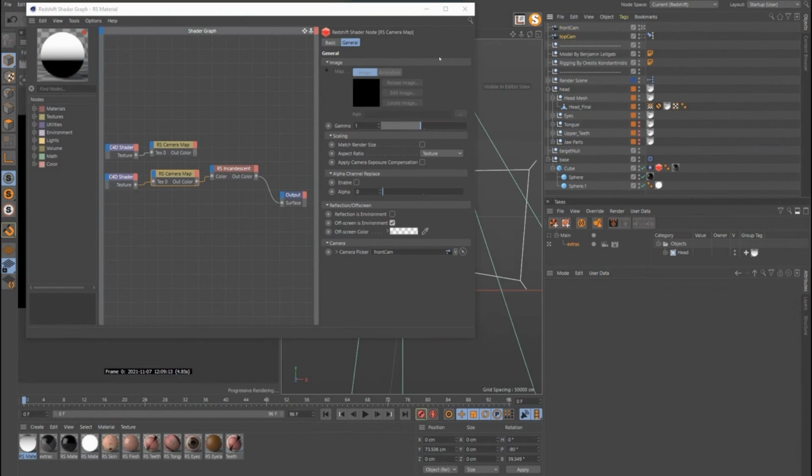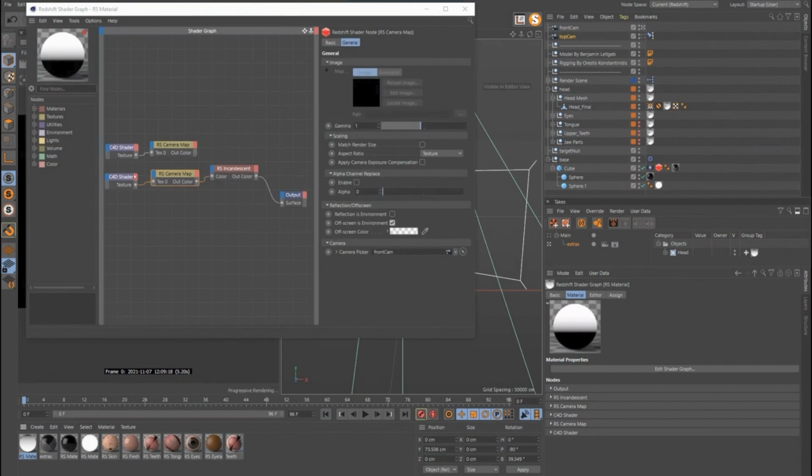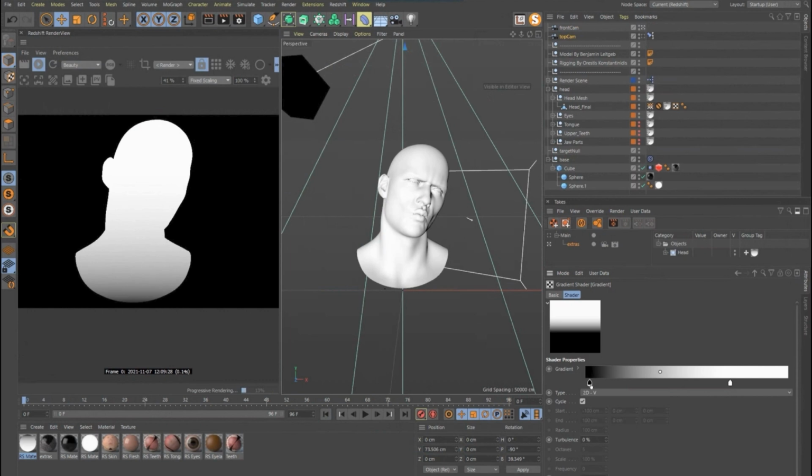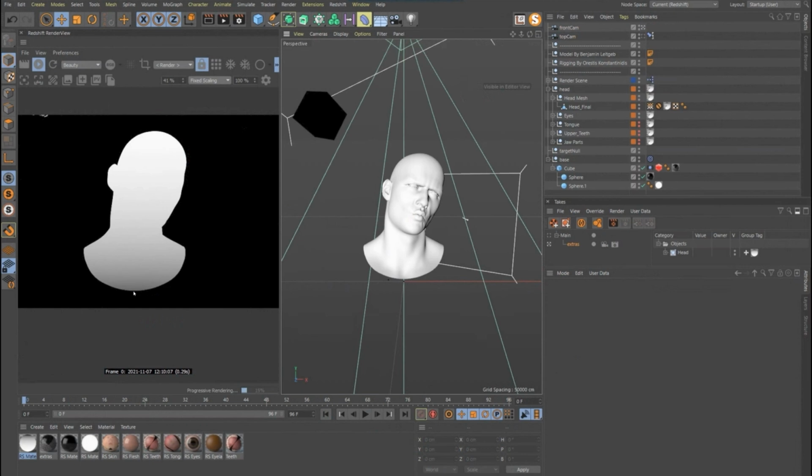All right, front cam. Okay, so back into my gradient, and we can just adjust this a little bit, make sure the bottom is a little bit black, the top is a little bit white. We'll go in here and we'll see kind of where we're at. So that's all clipped up in there. One, and down here it starts moving. So this guy goes all the way back up. That's good enough.